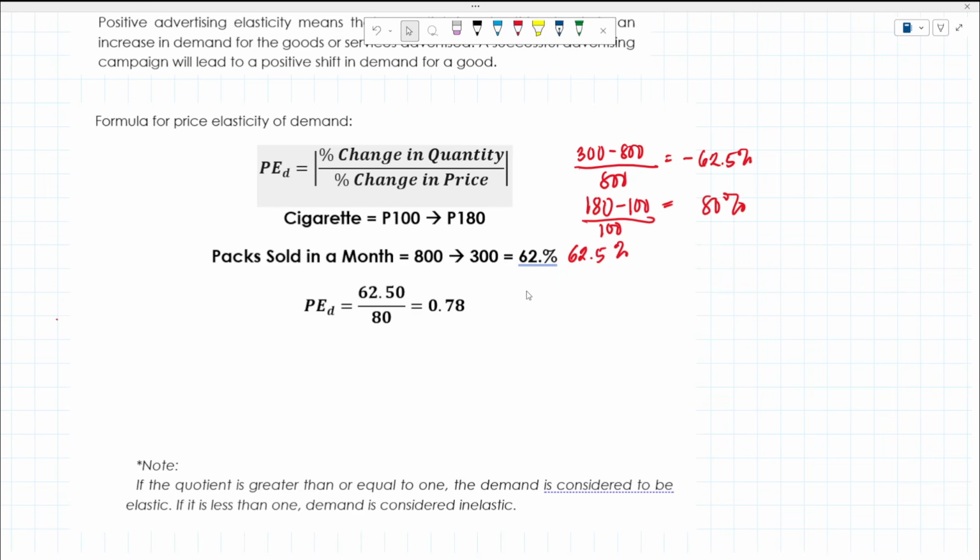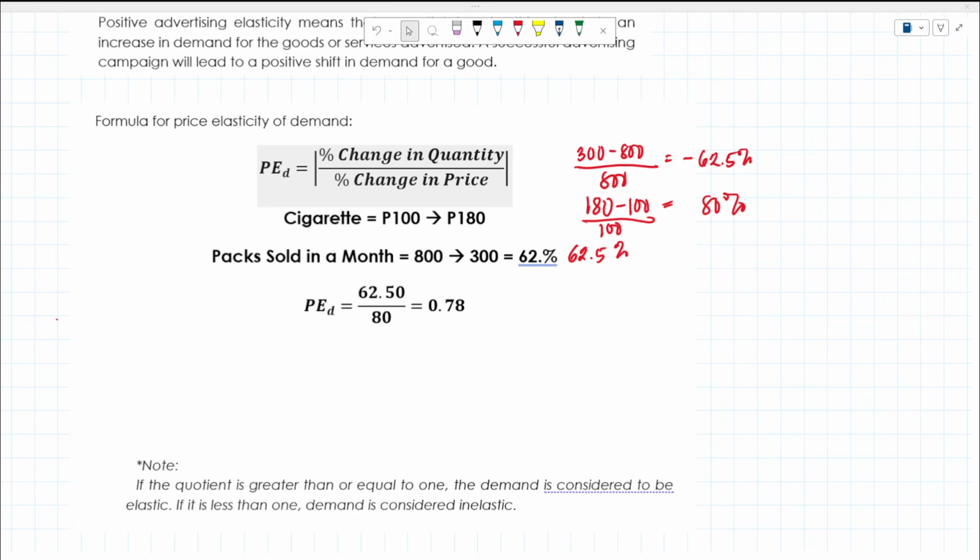Let's repeat what inelastic is. Inelastic goods are goods where, even if there are changes in the pricing, the demand stays the same. Consumers still purchase these products even if their price increases. So that's what we mean by inelastic. If you compute it and it is equal to or greater than 1, then the good is considered an elastic good. That's how we compute this. It's very, very simple.